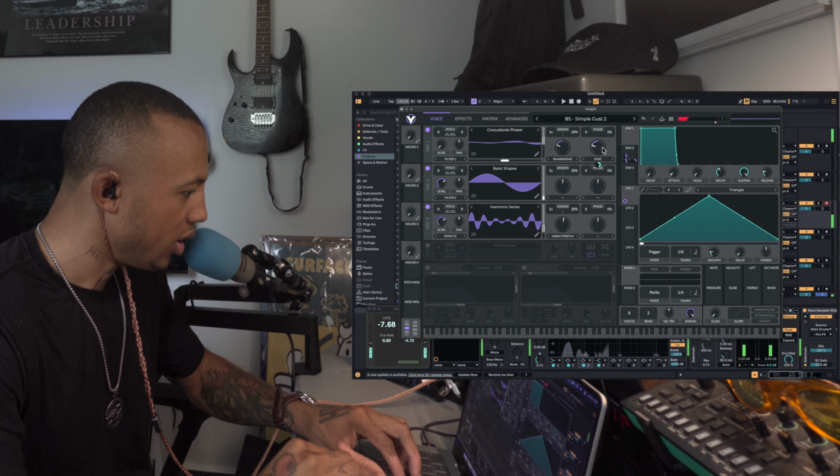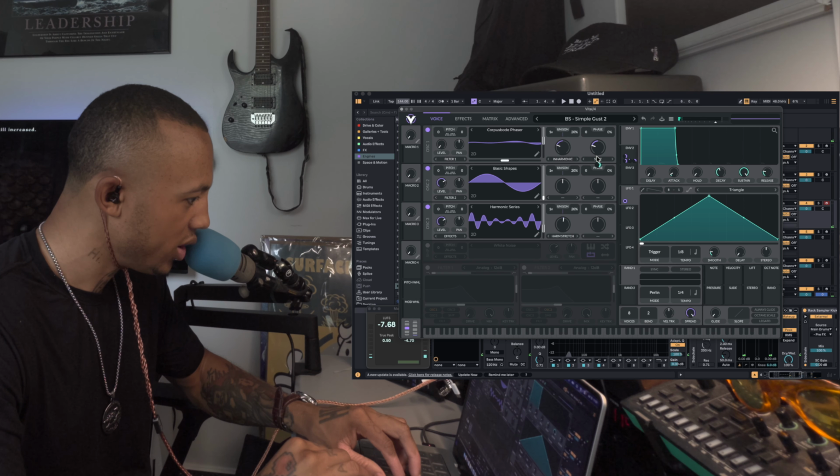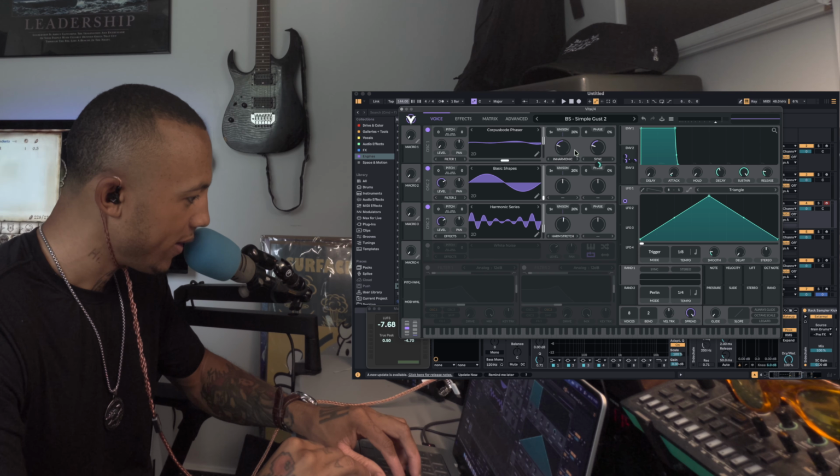I like that. So on the sync, change the sync on oscillator 1 to 24.90%, and change the spectrum morph